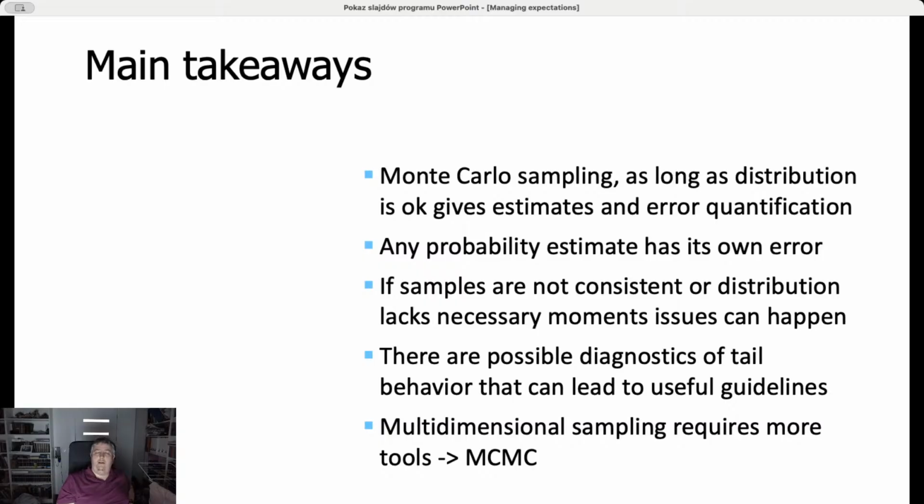Moreover, we can help a bit with heavy tail distribution using diagnostics of tail behavior like the k-hat estimator, but that still always was easy and simple for the one-dimensional case. In the multi-dimensional case, the problem is that finding a quantile function or its equivalent that will transform our distribution will be hard. Grid approximation won't work because of reasons I explained before on the Friday lecture, that there